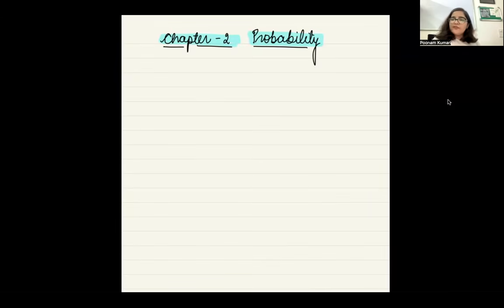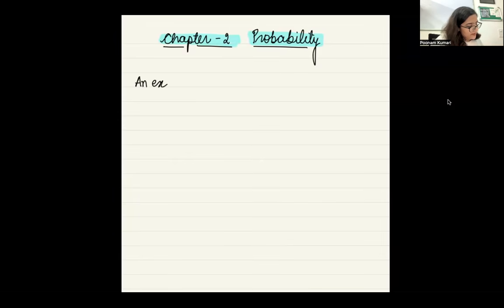All right. So there are a few terminologies that we need to understand, a few basic definitions. Let's see that. So first of all, there are a lot of terms that you will keep hearing again and again. So it's good that we understand what we mean by those terms. So the first term is experiment. Okay. So what is an experiment?